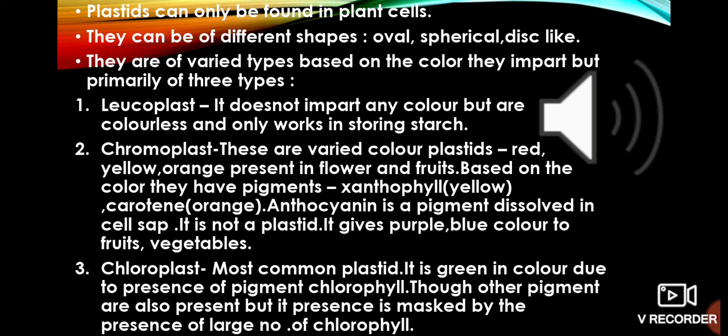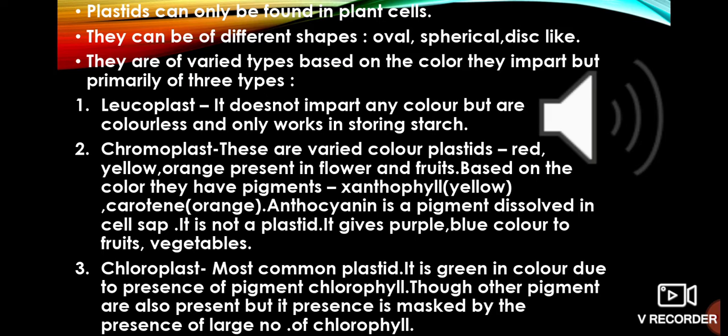As I have already said, plastids are present only in plant cells. Humans cannot be of different colors, only plants can be. Though there are different pigments in humans which give them different color shades, that pigment is known as melanin. Organisms which are darker in color have more melanin, and those who are fairer have less melanin. Apart from that, the plastids present in plant cells impart colors.